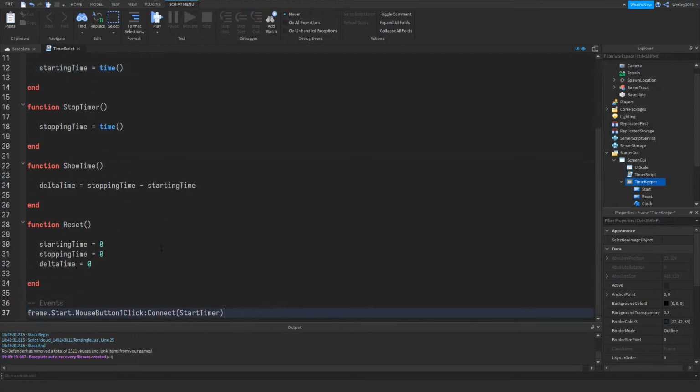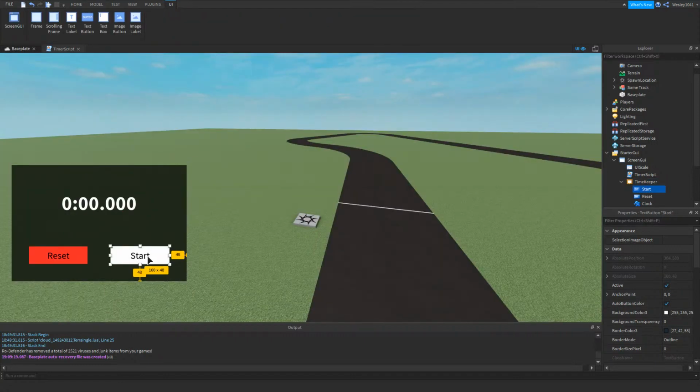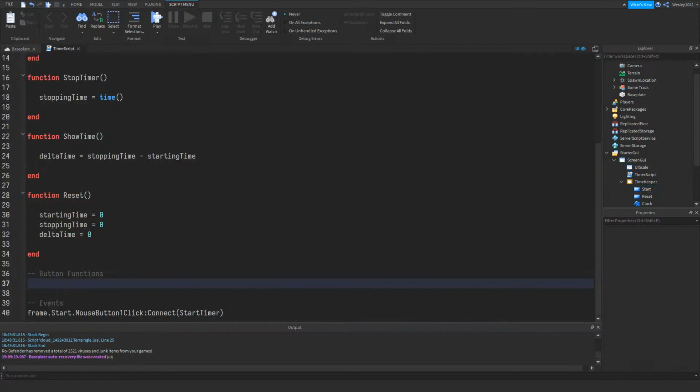And well, here's the tricky thing. We not only want to be able to start our time, we also want to stop our time. Actually, let me create a new function for this. Button functions. What we want to do is once you press start, the text here will change to stop, and our start button will turn into the stop button, and then when you press that button again, it will stop our time. So what we will do is I'm going to create another function,